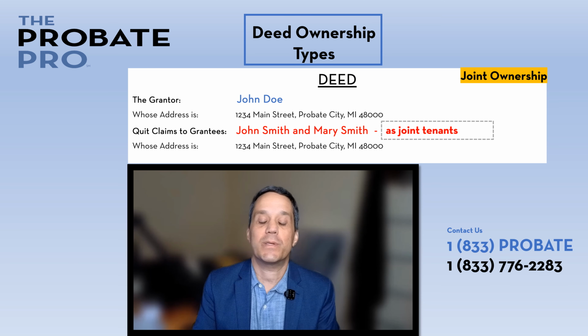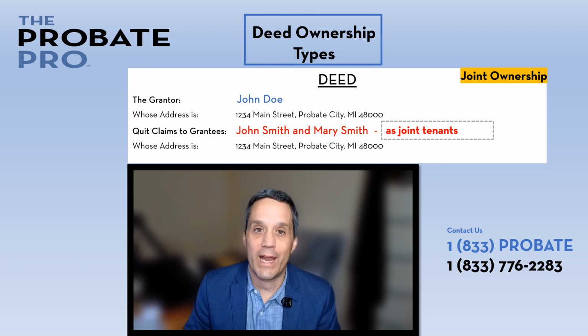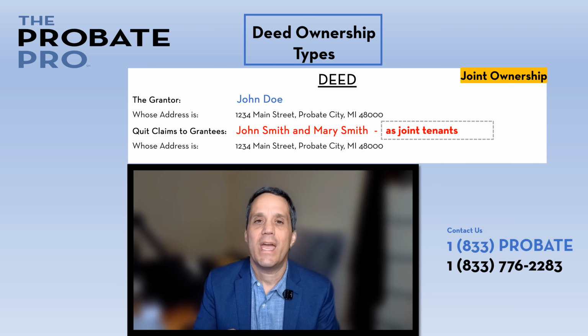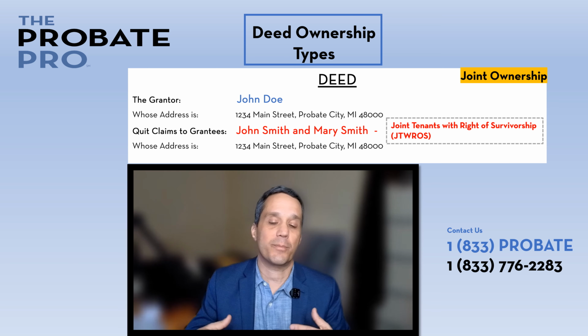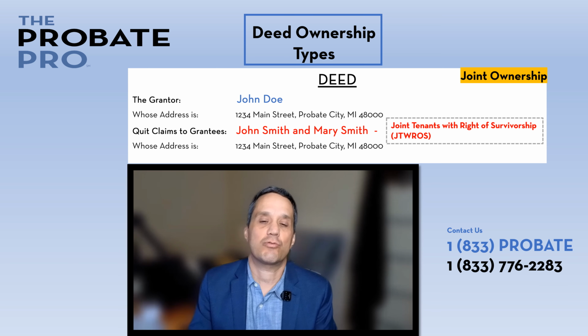And of course, in this particular set of circumstances, if John Smith dies, Mary Smith can do whatever she wants with the property. She can convey it out, she can sell it, or if she dies, it would go to her heirs, not necessarily John Smith's heirs. That's why it's so important to differentiate between a tenant in common ownership and a joint ownership. Again, use of the term joint tenants with full rights of survivorship or rights of survivorship have particular meaning that it relates to this indestructible interest of the two of them owning the property together with survivorship rights.